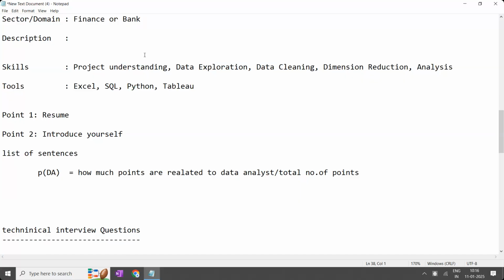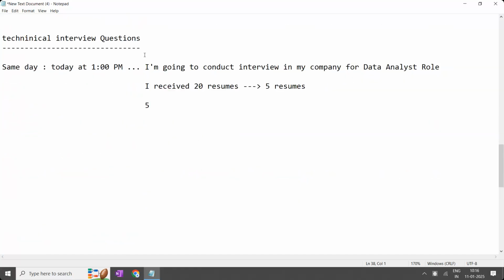How every question will be the same? Are the points clear? Everyone getting the point? So your technical questions will completely depend like this. All your technical questions will completely depend in this way.